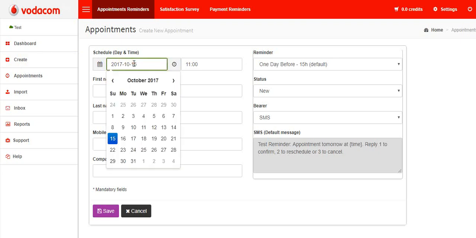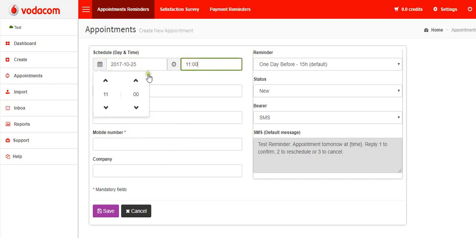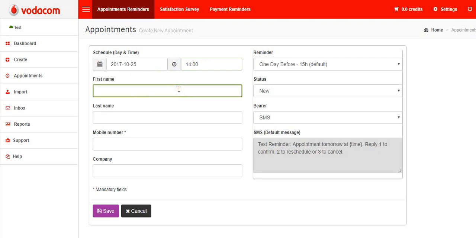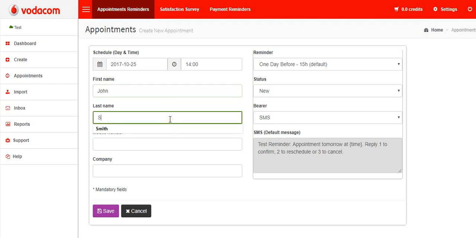Okay, then you have a calendar that pops up, and then you will choose the date, which is the 25th of October. Okay, then you will click on the time, and we said 2 o'clock, so you will, there you go, you will get to 2 o'clock. Next thing, you will put his first name, so John, last name Smith,